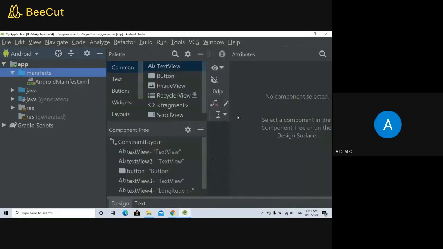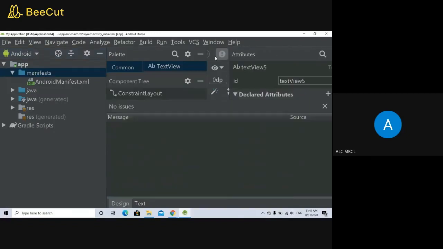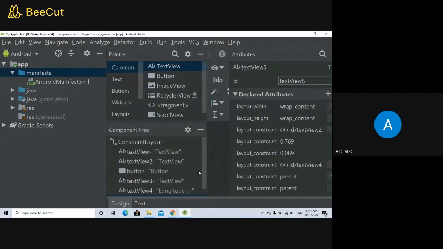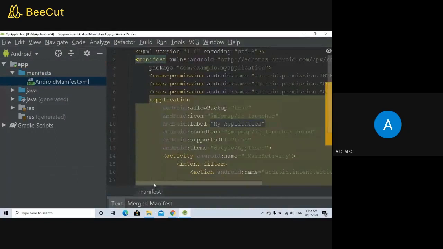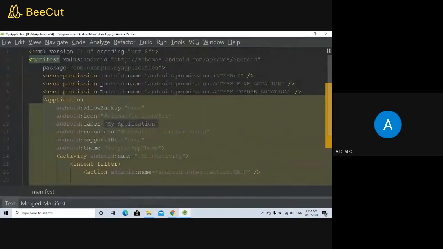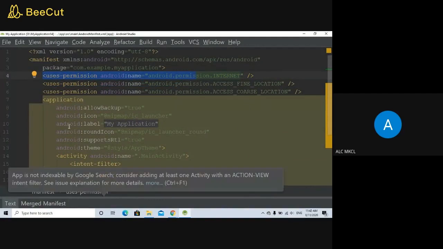Now in the manifest file, you need to set these three permissions: android.permission.INTERNET, android.permission.ACCESS_FINE_LOCATION, and android.permission.ACCESS_COARSE_LOCATION.